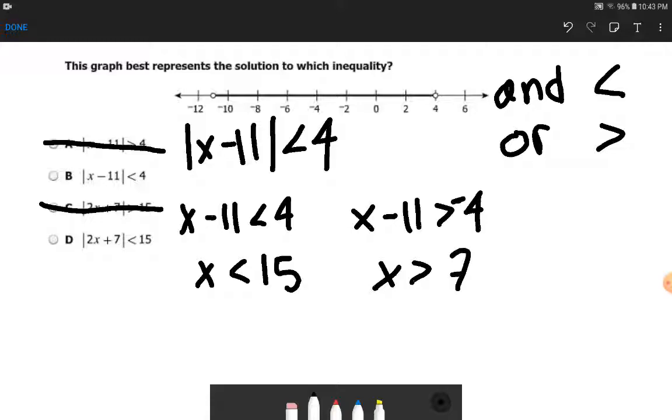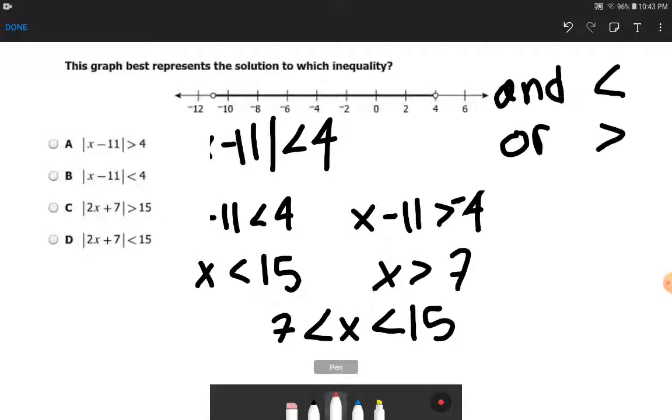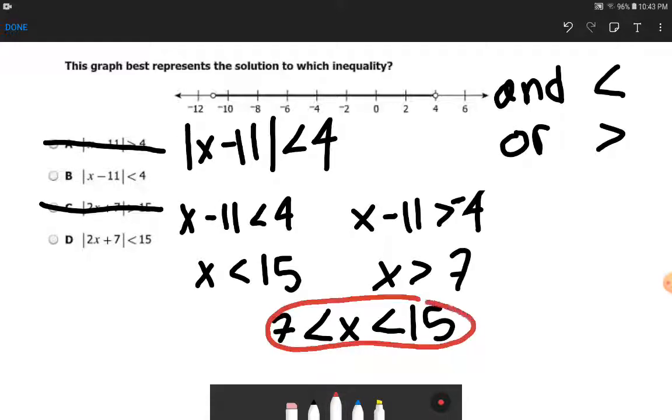Alright, we take a look at our graph. Let's see, so this would be 7 less than x, which is less than 15. Let's see if that matches with our graph. No, because this graph is going from 4 to negative 11. So B is not our answer. Now let's